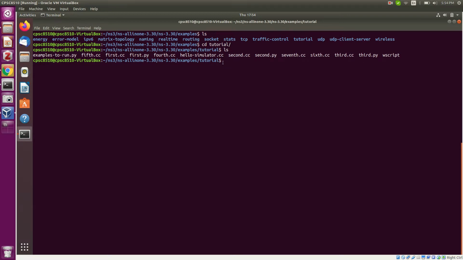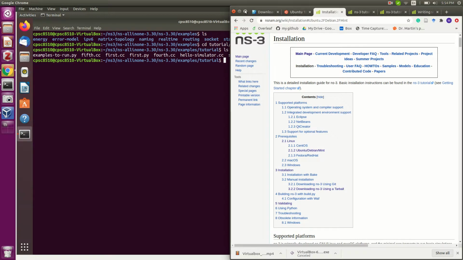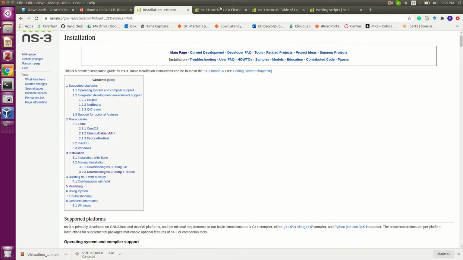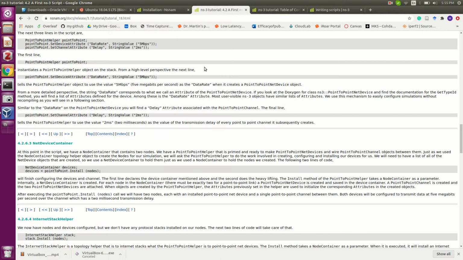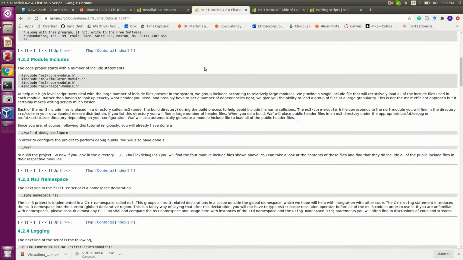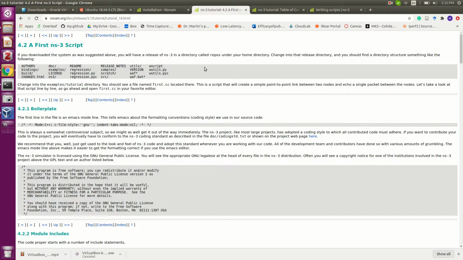If you go into tutorial you see first.cc, second, third, fourth, fifth, and then you go into that NS3 documentation I told you about earlier. There are all these details of what first.cc does, what second.cc does, which helps you understand.